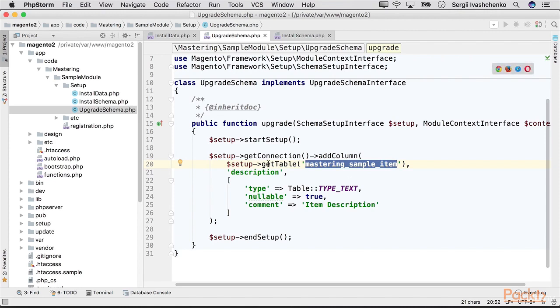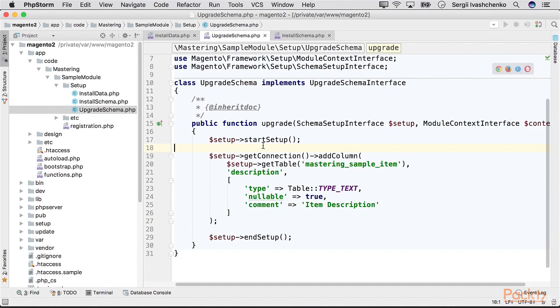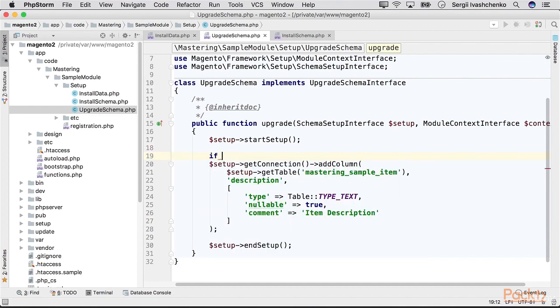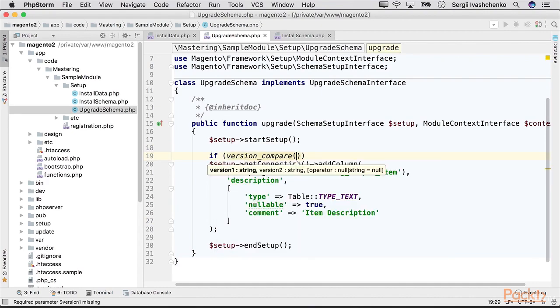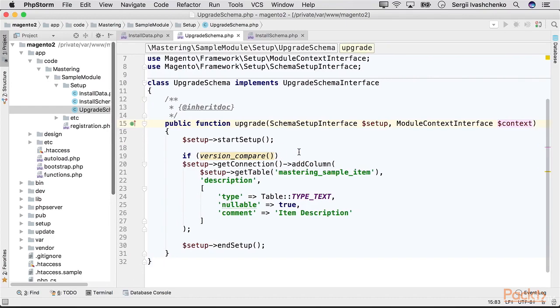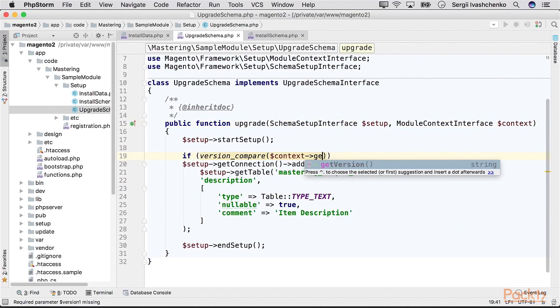However, we would like to track the version when this code will be executed. So we have to add an additional condition here. For this purpose, we are going to use the version compare native function of PHP and get version from the model context interface passed to the upgrade function. Let's get context, get version,